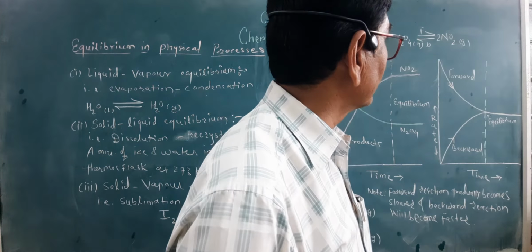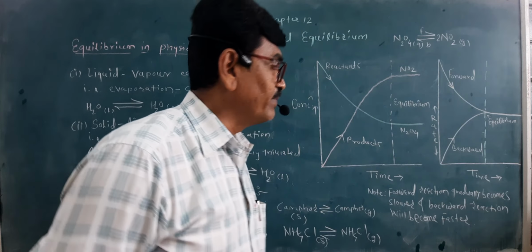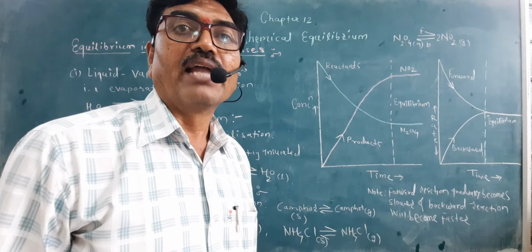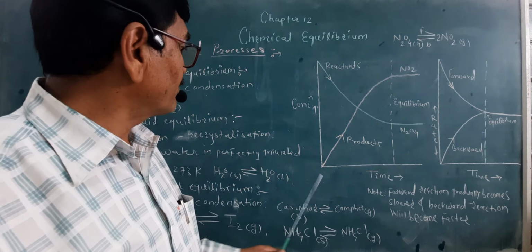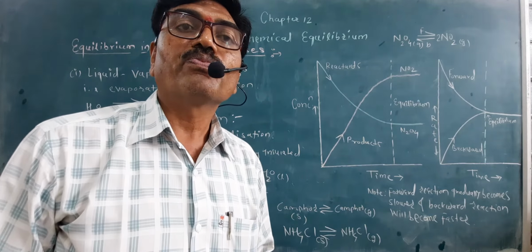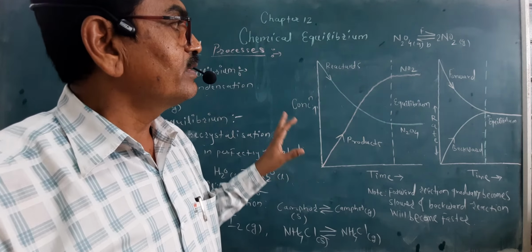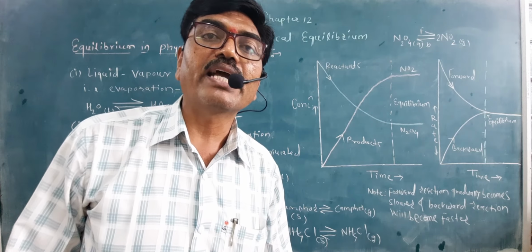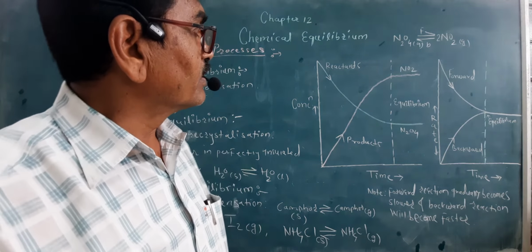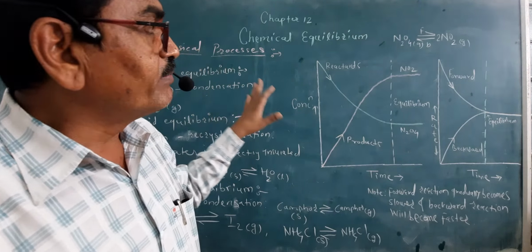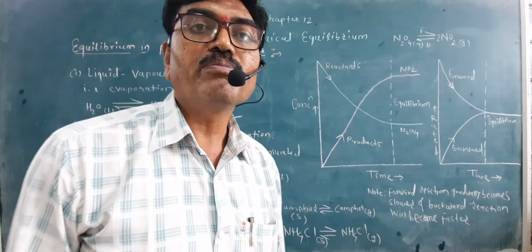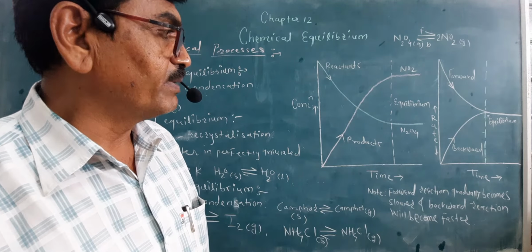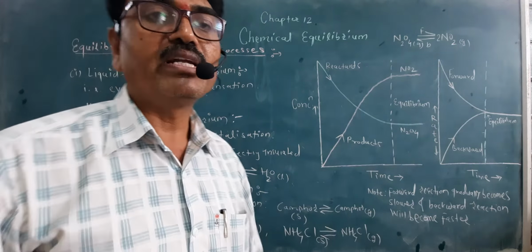Okay, are you getting? So in this way, a chemical equilibrium in a chemical reaction and in a physical process can be explained with the help of these graphs and with these examples. So what we have studied in this video is the chemical equilibrium, the types of chemical reaction based on directions, then the chemical equilibrium in chemical reactions, various examples, and chemical equilibrium in physical processes, and finally the explanation with the help of these graphs. The graphs are very important again here.